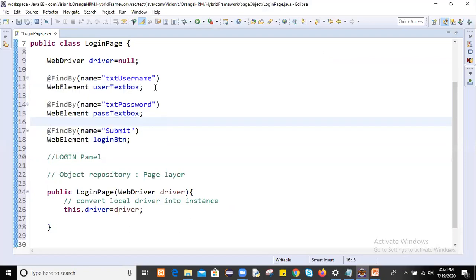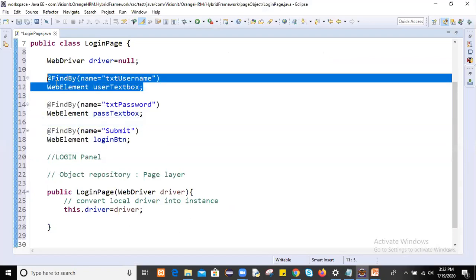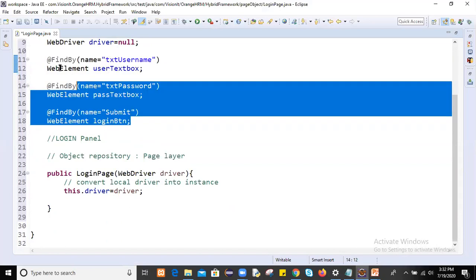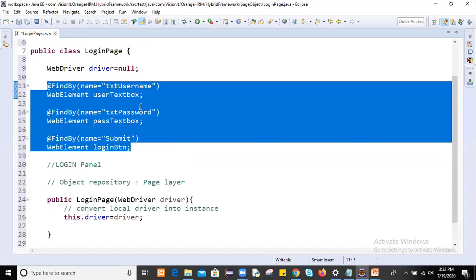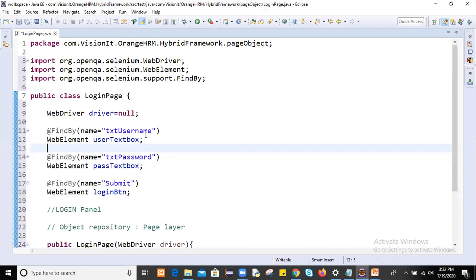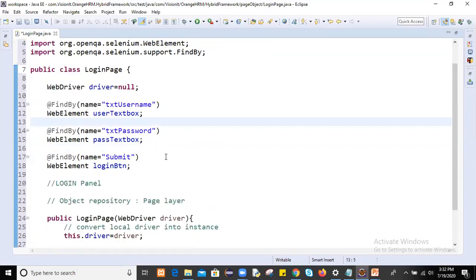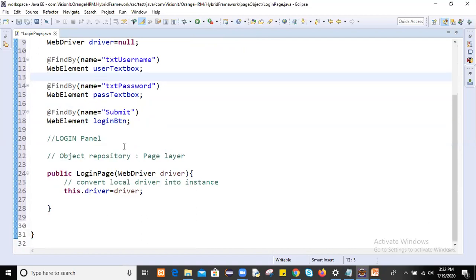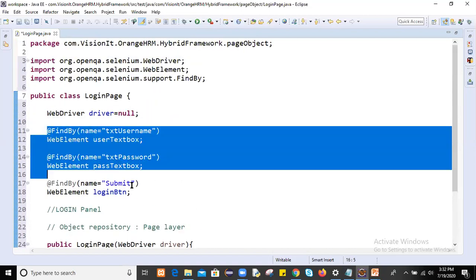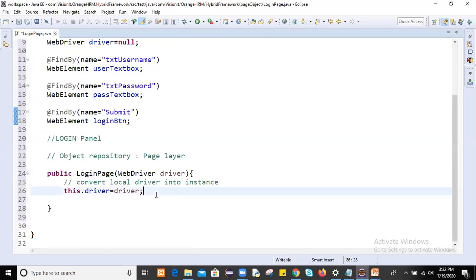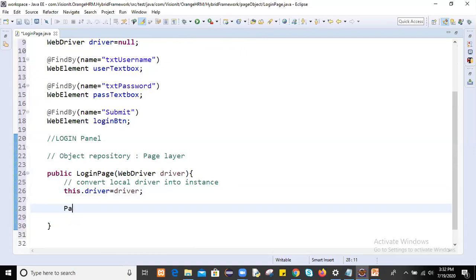We haven't initialized these objects. These are just stored like driver.findElement(By.xpath, By.id, By.name). So to initialize all these objects, we have a PageFactory class in Selenium.